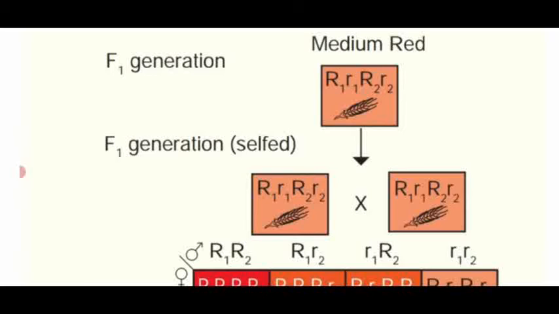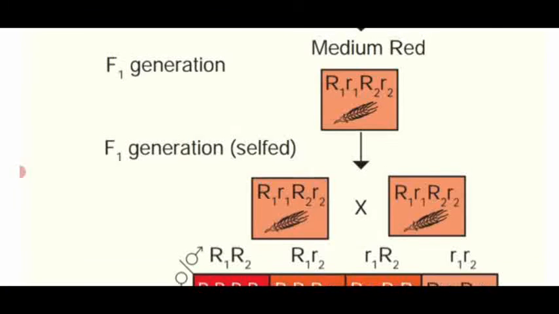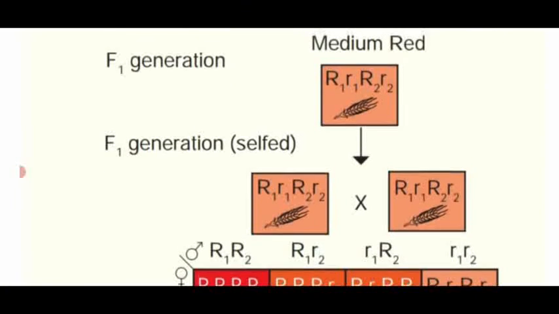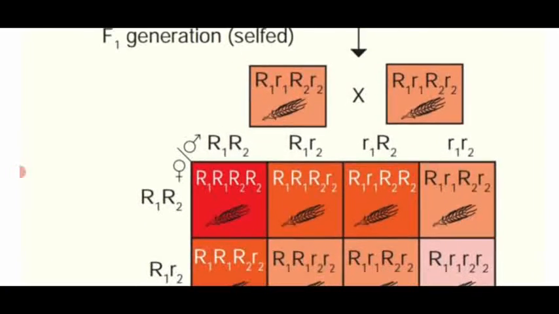2 R is also medium red color. 3 R also medium red color, isn't it? So here in the F1 generation, it is medium red color because it contains 2 R genes. The F1 generation are selfed with the same